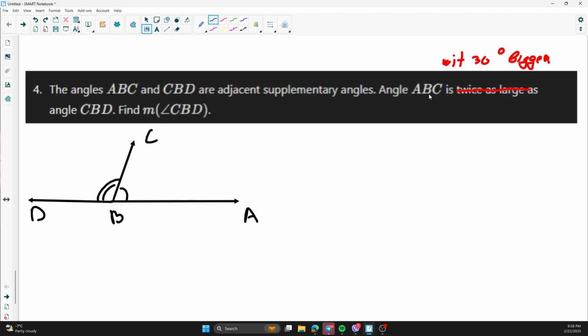ABC is 30 degrees bigger than CBD. So the measurement of angle ABC equals the measurement of angle CBD plus 30. And you know that the sum of both angles, if they are supplementary to each other,